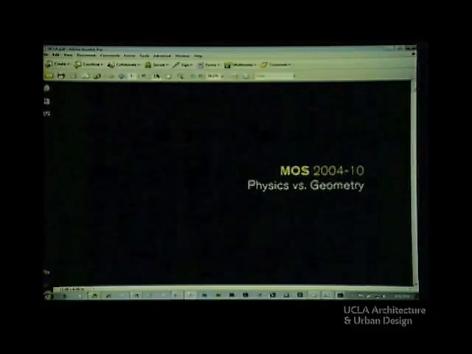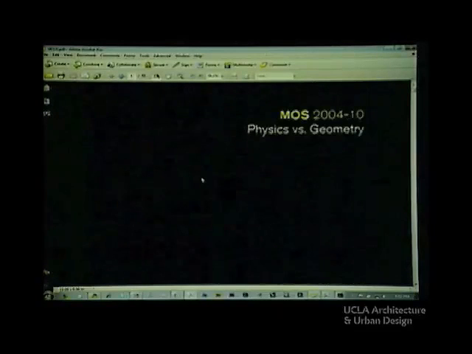Physics versus geometry, this is a series of projects we did, and I'm just going to show a bracket of our practice, a very specific bracket that we're looking at through software things that we've done, and then how it leads into projects. We simultaneously work in the office producing software. A lot of times I'll show the software and how it works along with the project. So the first,